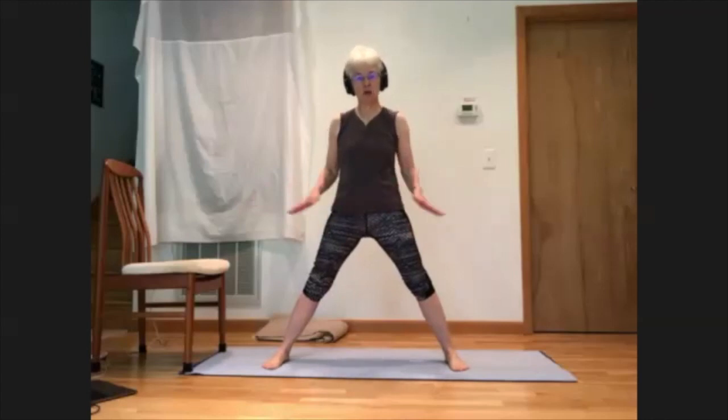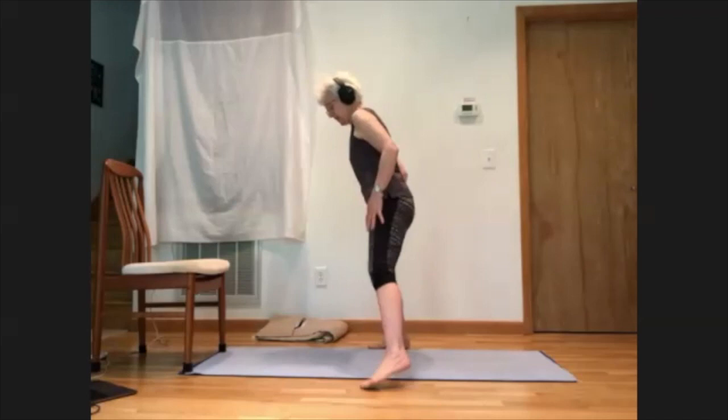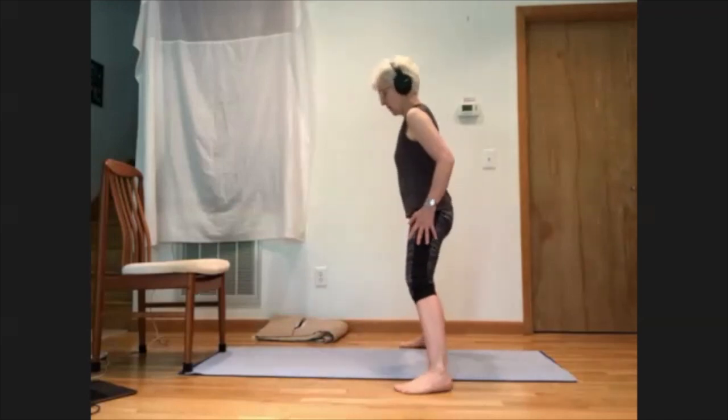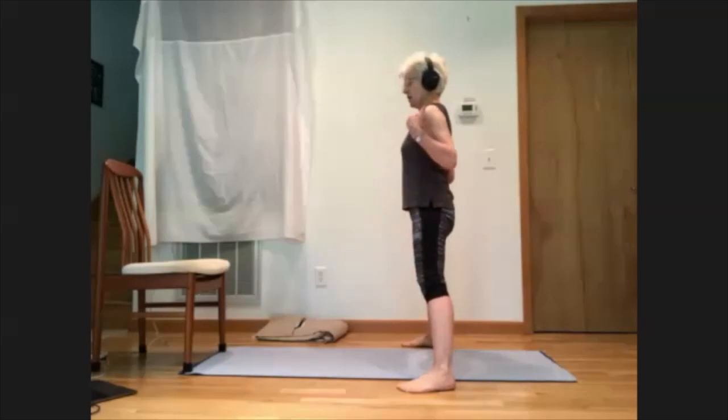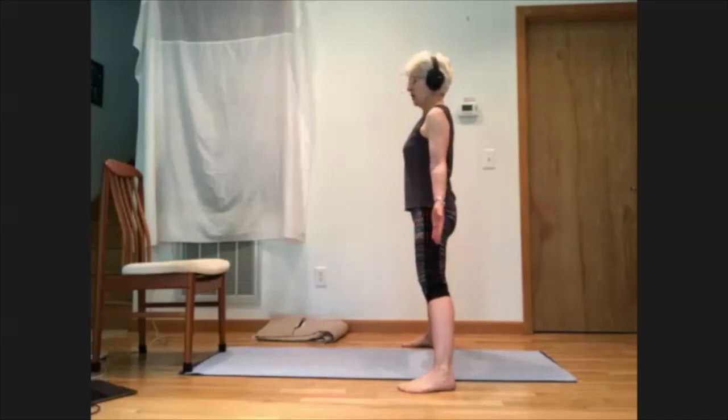So now the legs are abducted away from the midline of the body, but we haven't rotated them. They are still neutral, more or less neutral in their hips. So I'll just take that wide-legged stance in a side-facing position here. So we've got the same standing mountain as we had before, except now the feet are apart from each other, the legs are abducted away from the midline. So we'll stand tall here. You can turn the palms forward and